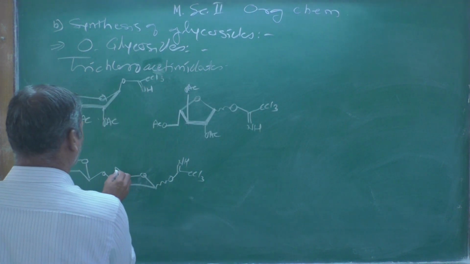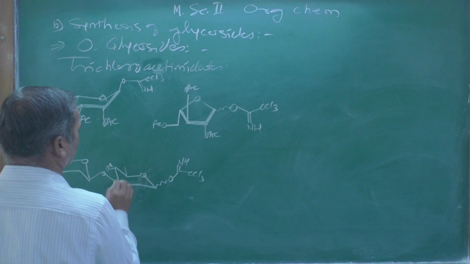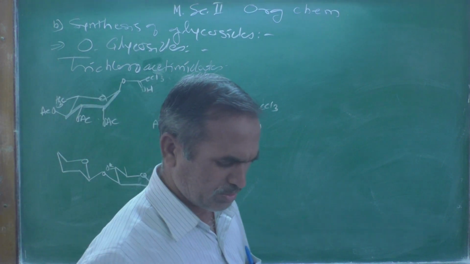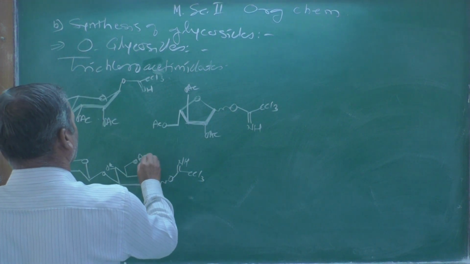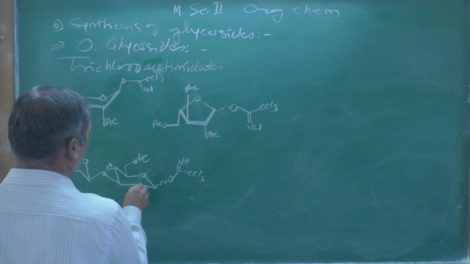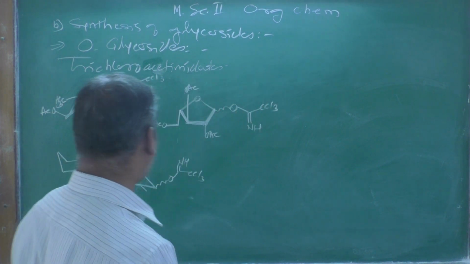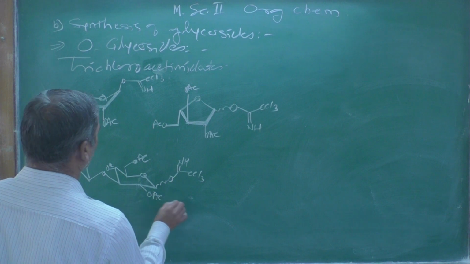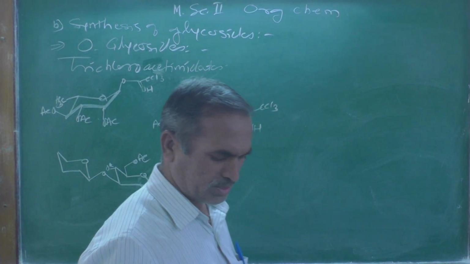Then here you can write OAc. Here at this position we can write again OAc, and here at equatorial position we can show the protected acetyl group, and observe this ring